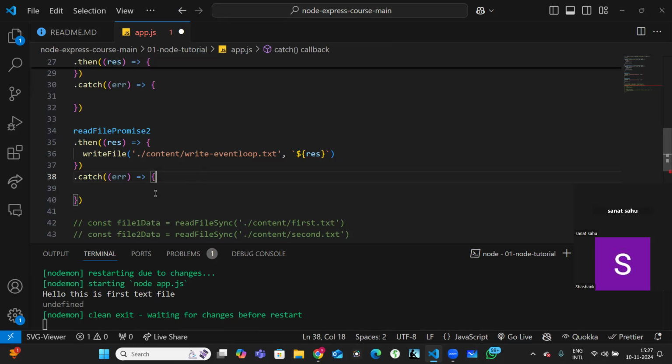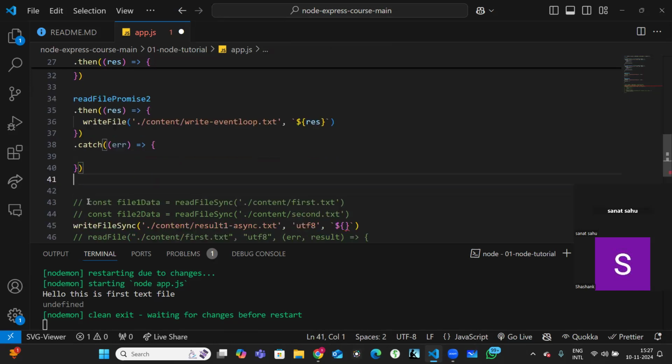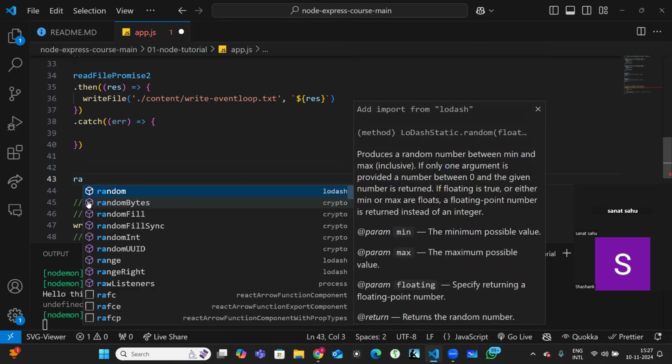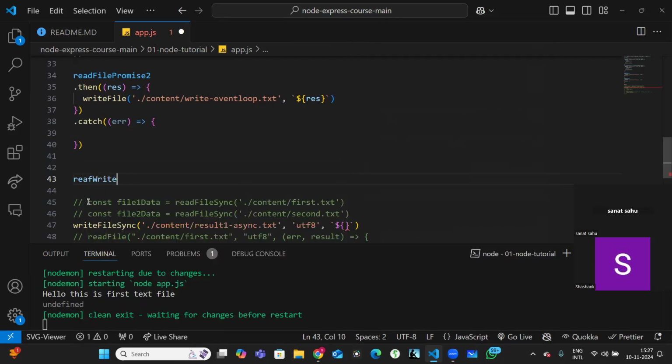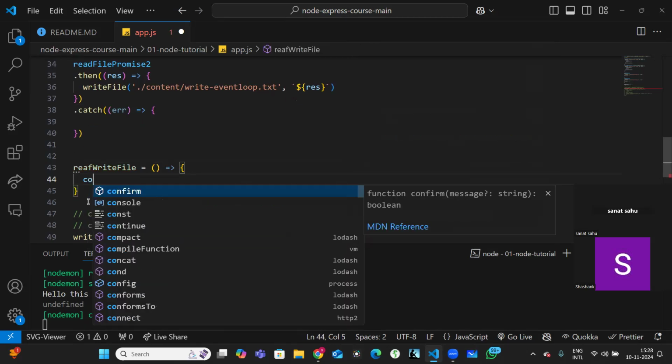So the next approach that we know is async and await, right? Which will help us to solve this problem, because promises are also like callbacks right now, because similarly we have to resolve or reject the promises multiple times whenever we are reading, right? So to solve this problem, what we have to do is maybe create one function where we're reading and writing the file. So there I can just